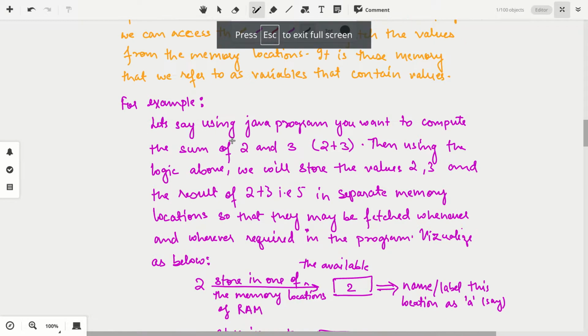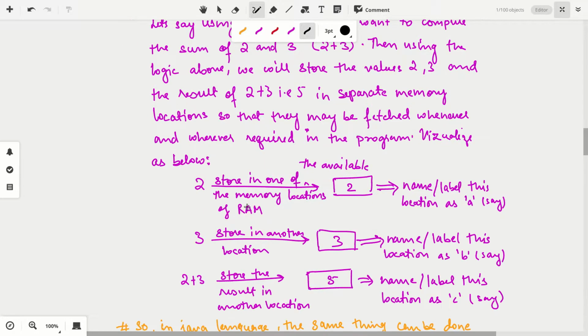Similarly, the problem was that 2 and 3 had to be stored in two different variables, memory locations, and then the result 2 plus 3 found and stored in another third memory location, so that we can fetch all the three later on if we need. So similarly, for the first value, you will request the computer, please give me one of the available boxes so that I can store my first value. The computer will give it, you will store 2 in it, and then you will label it,